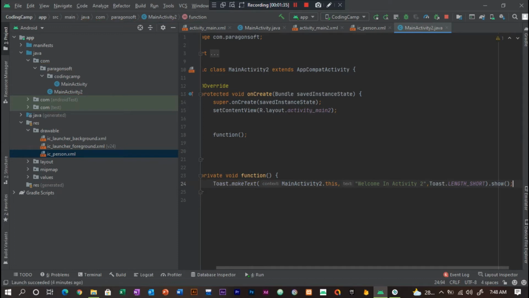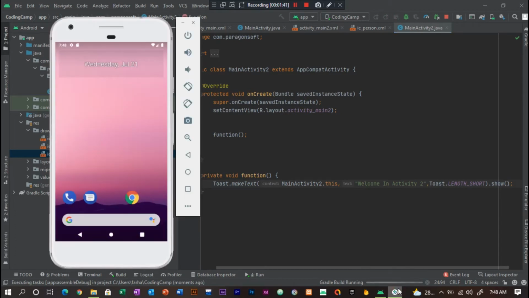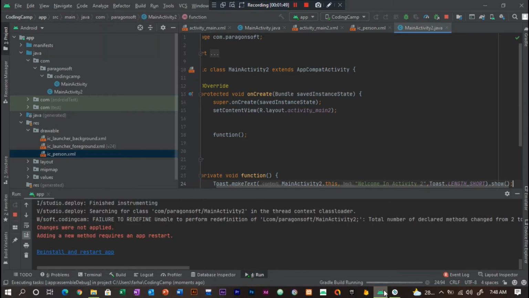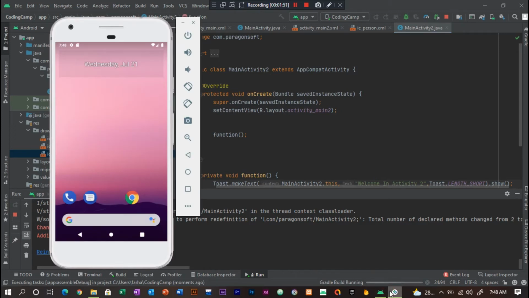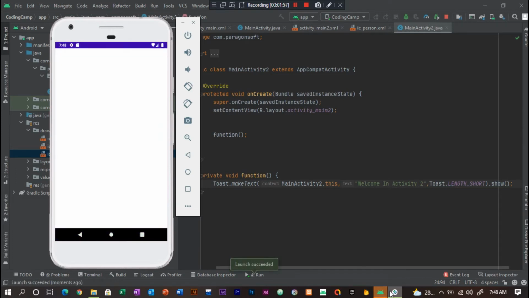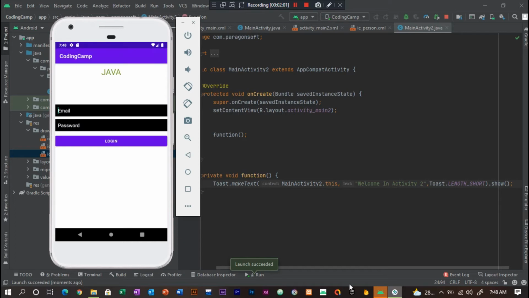So what is the function of it? We will run our app and we will see what changes it makes in our app. You can see guys, our app is running successfully.